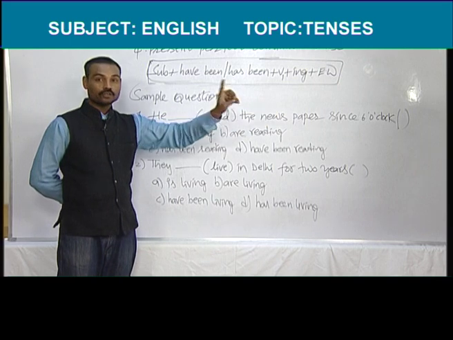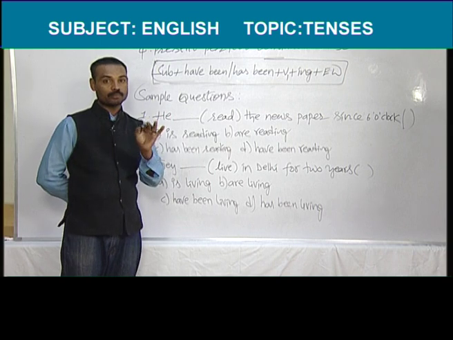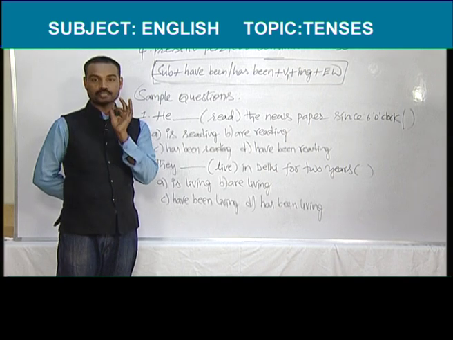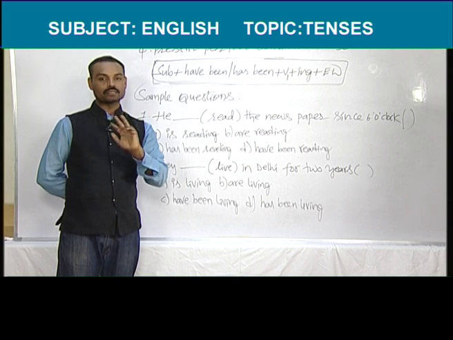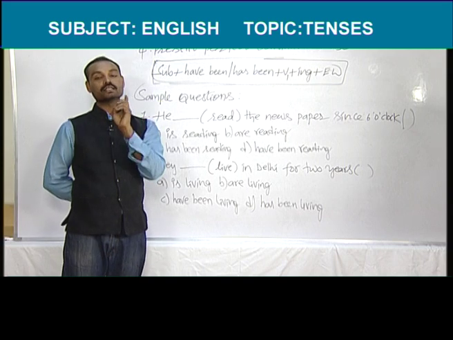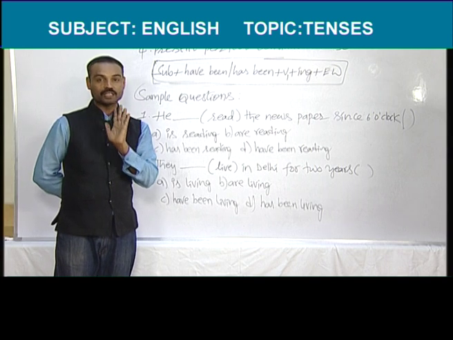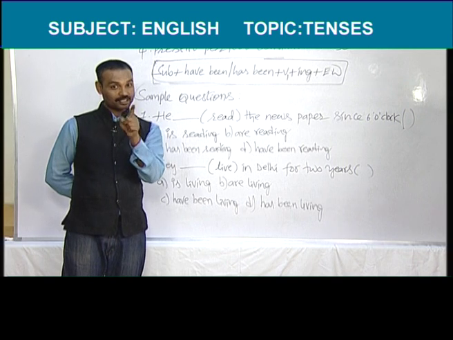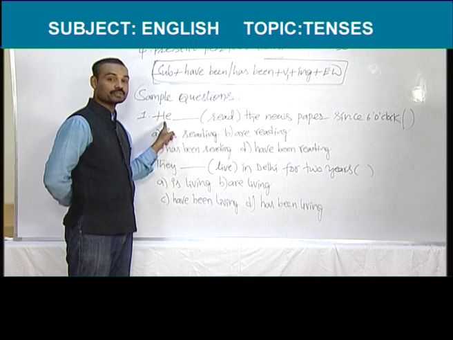See, since. Whenever you find out since or for and how long, in every tense there will be some keywords I told you. So in this tense there are 3 keywords. They are since, for and how long. Whenever you find out these 3 keywords, since, for and how long, you should understand that that sentence has been given from present perfect continuous tense. Okay, you came to know the name of the tense. After knowing the name of the tense, what you have to do is, you should come to the subject. Wherever the subject is there you are supposed to come.